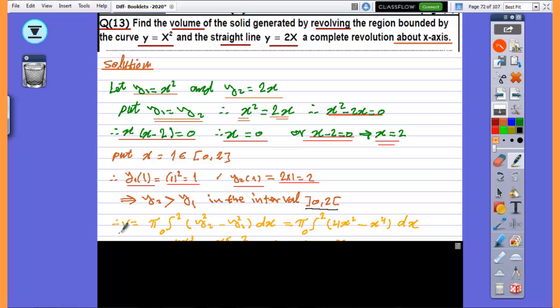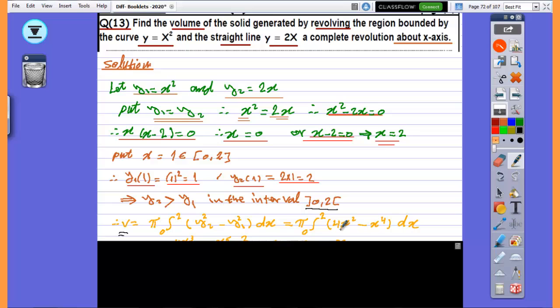So V equals pi multiply the integration of y2 square minus y1 square. If y1 is greater than y2, we write y1 square minus y2 square. But here we have y2 is greater than y1 in this open interval. So to calculate the volume, we write pi multiply the integration from 0 to 2, the limits of the interval, multiply y2 square minus y1 square dx,